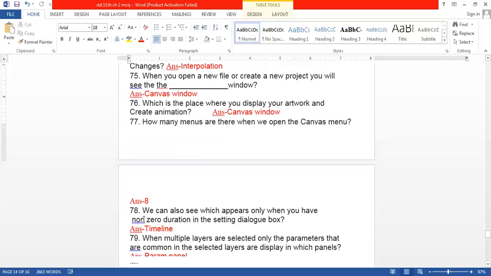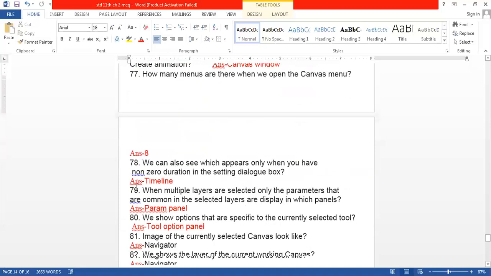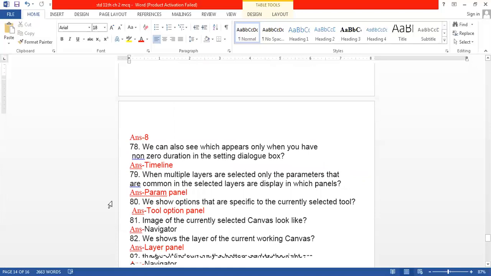Number 77, how many menus are there when we open the canvas menu? Answer is 8. There are 8 menus in the canvas menu. Number 78, we can also see which appears only when you have non-zero duration in the setting dialog box? Timeline.